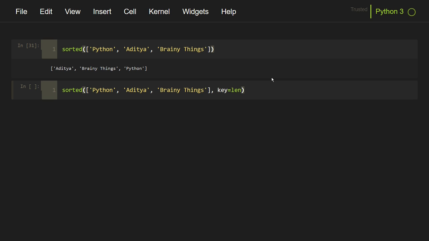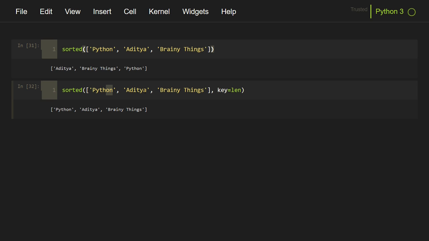In this case we will pass the length, that is we want the shorter strings to be first inside the final list and longer strings at the end of the list. So if we pass just the len function and run this, we will get Python, Aditya and Brainy Things. The shorter strings are behind and the longer strings are ahead.